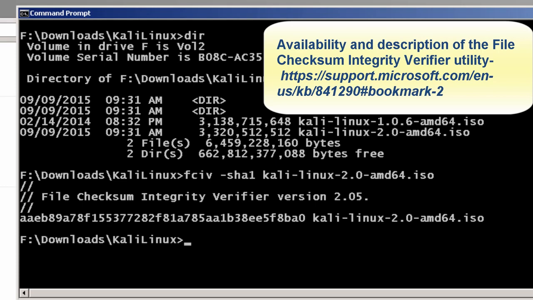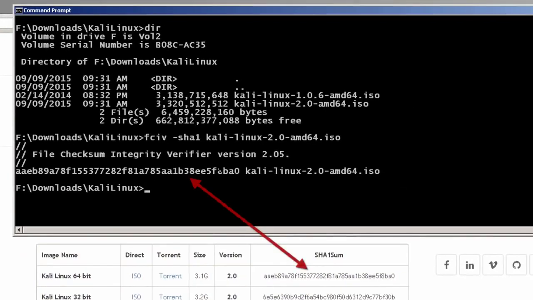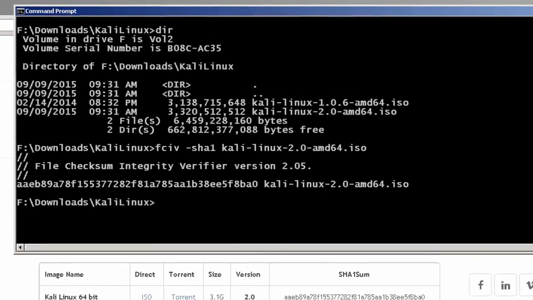After about a minute or two, you'll notice that I've got the SHA-1 checksum, and you can go ahead and verify this letter by letter. If it's one off, you've got a corrupted download. You need to download Kali Linux again. If all these numbers look kind of confusing, what you can do is